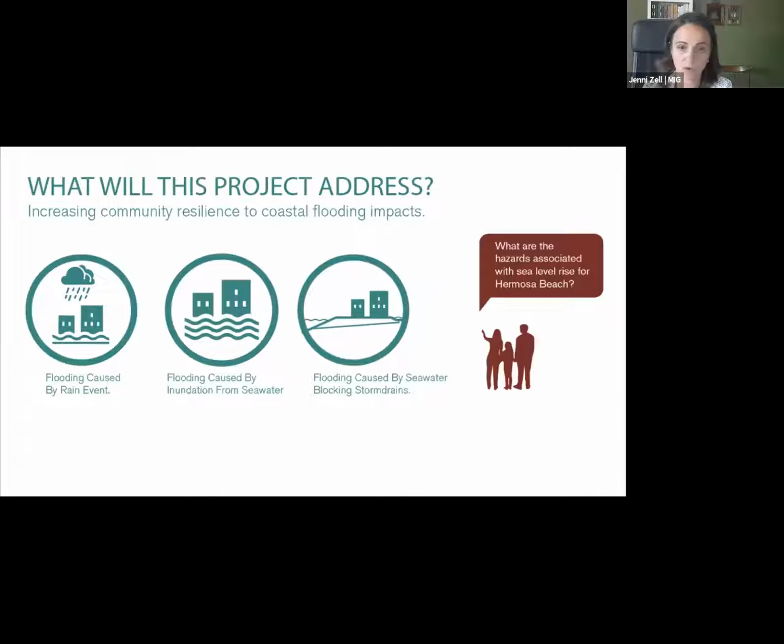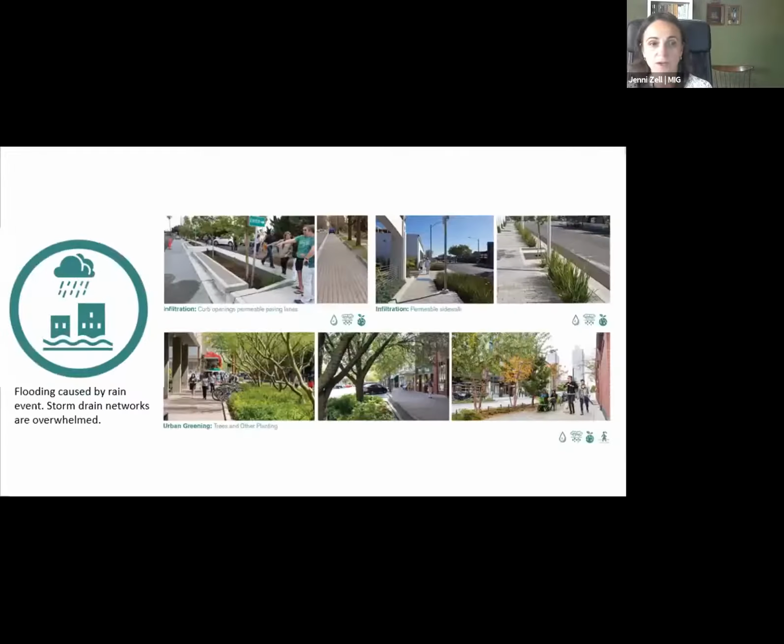And so some of these risks and hazards associated with sea level rise and climate change for Hermosa Beach are, of course, flooding by rain, flooding caused by inundation, and flooding caused by seawater blocking storm drains. We'll be getting into these, what you see here, in a little more detail, but just a